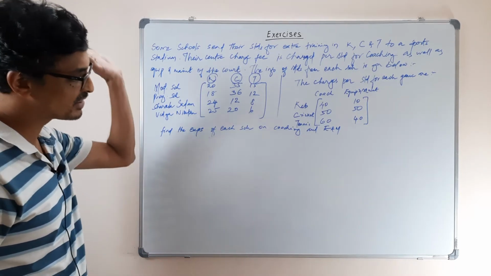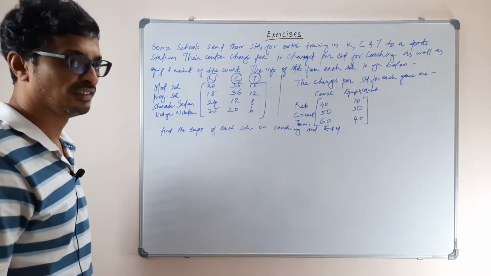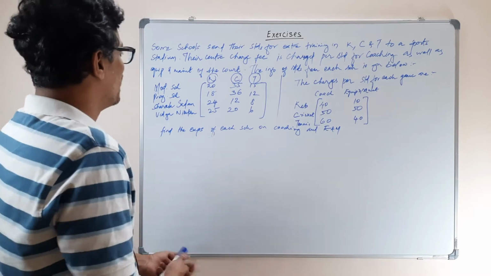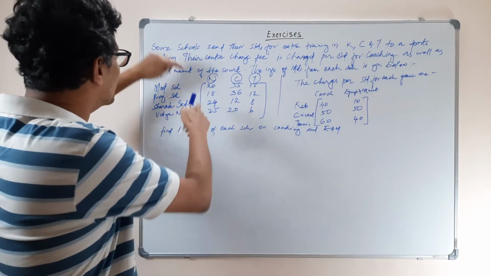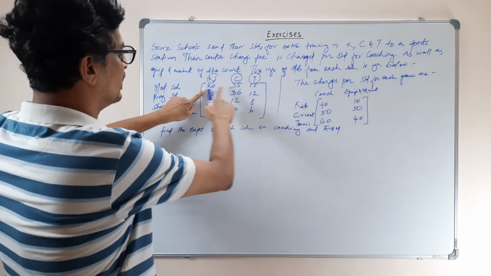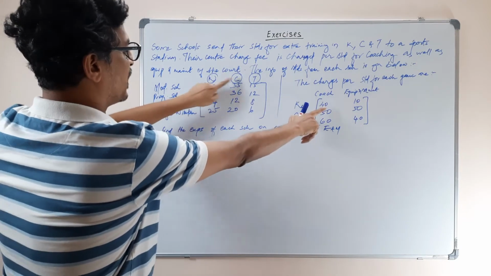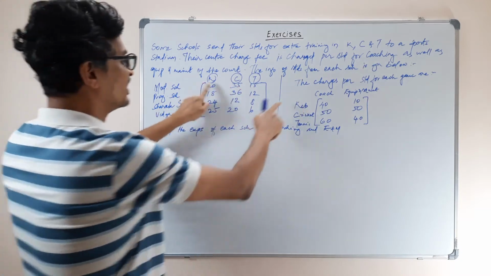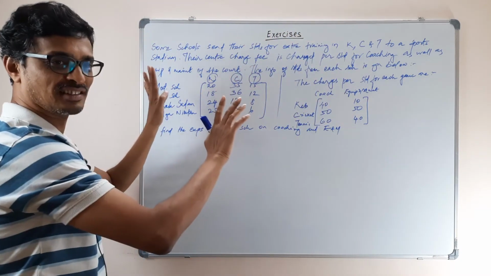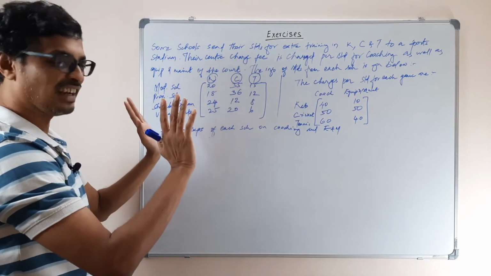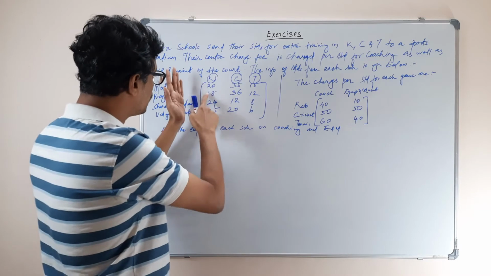Just by seeing it, you can tell the answer. That into this, isn't it? Because this is one school. When I multiply with this, the first column is going to give me the total coaching cost, and the second is going to give me the total equipment cost. All you have to do is multiply this into this. And this is a matrix of 4 schools by 3 sports.